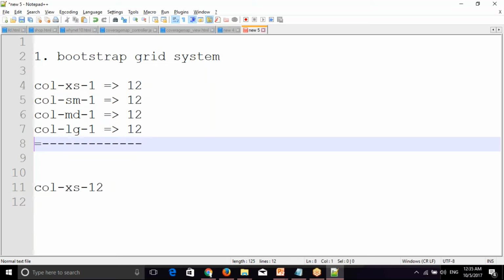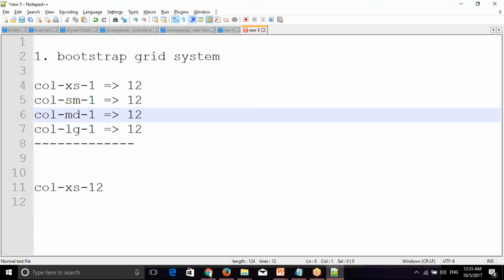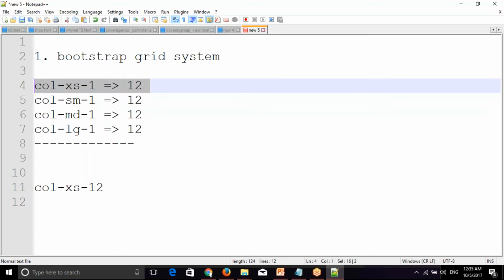Then what is the difference between XS and SM? If you go with XS, it works from 0 upward. If you use col-xs-6 for a single div, on desktop it is 50%, on tablet it is 50%, and on mobile it is also 50%.